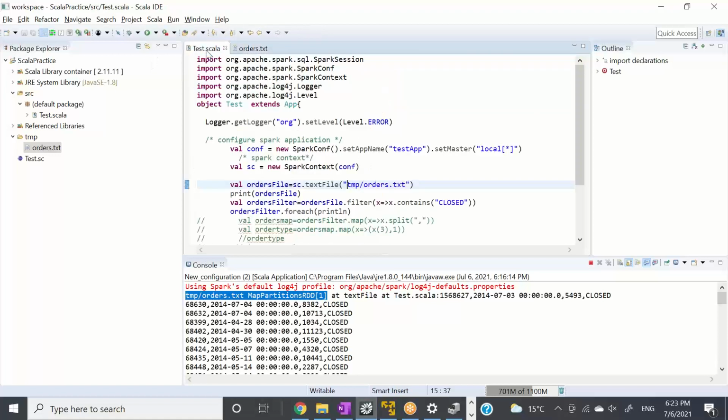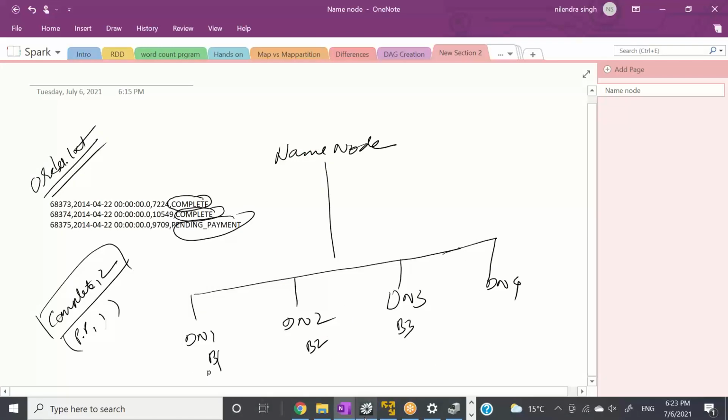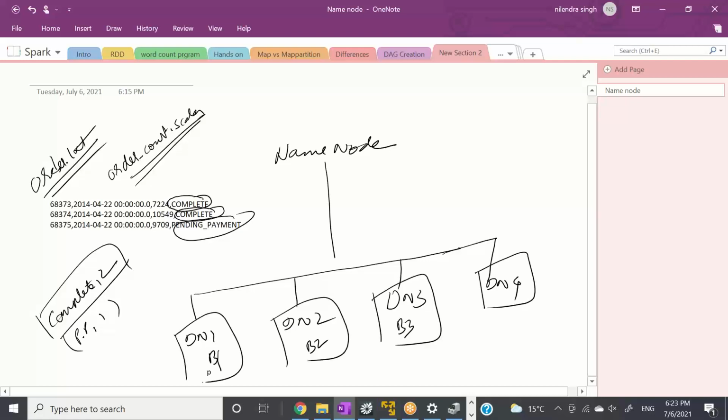Now when we run this Spark program, what is going on? Let's say we call our Spark program order count dot Scala or something. When we submit it, we have our Spark cluster, and every data node has some data stored on it.